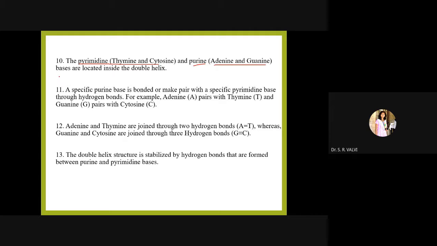The bases are located inside the double helix. So a purine base bonds or pairs with a specific pyrimidine base. As I explained, A always pairs with T with only 2 hydrogen bonds. Please do remember this. And cytosine always pairs with guanine with 3 hydrogen bonds,